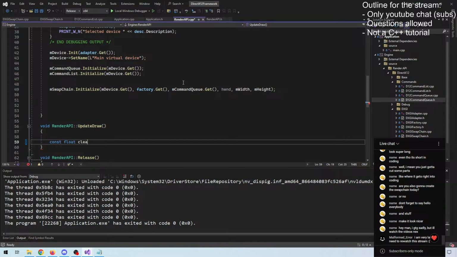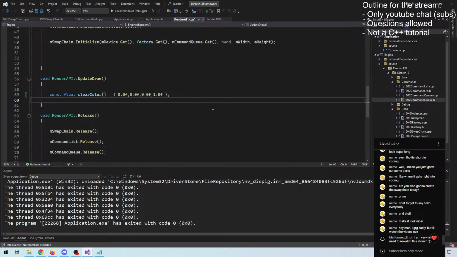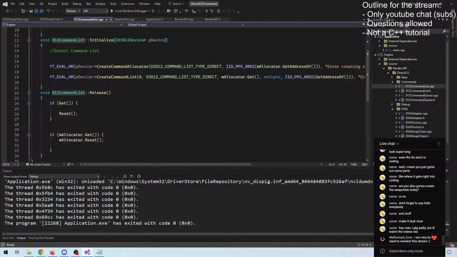We would like to test our things out whenever we present, or get our pipeline ready to present our current back buffer after we have done rendering to it. Before that we will simply clear it. We will try out using a clear color of black. But suddenly, as I decided that I wanted to do that, I realized that our command list here needs a